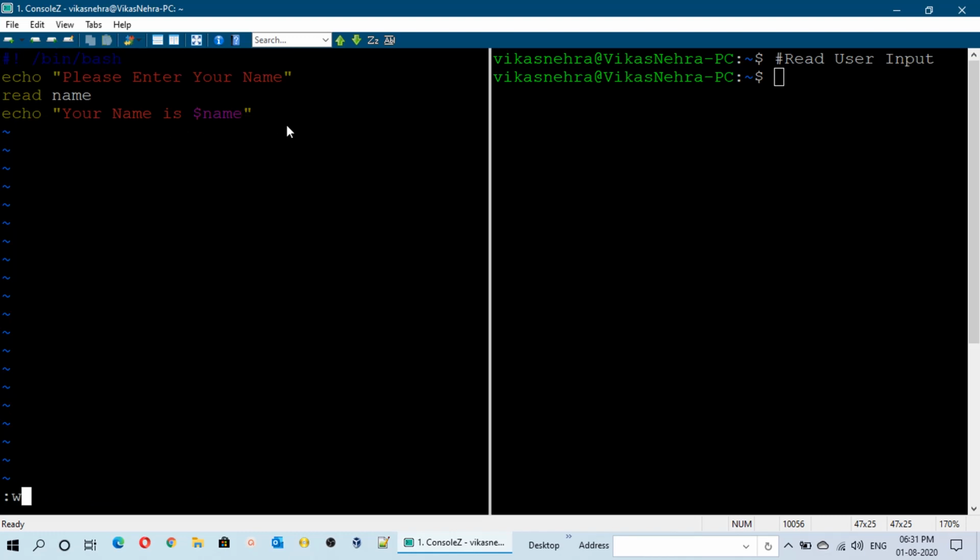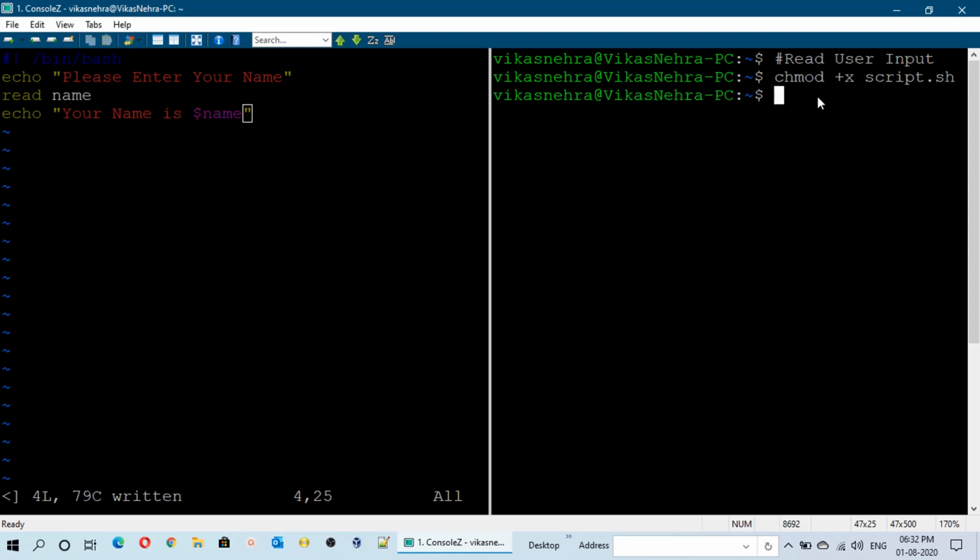I'm not going to quit this, I'm just going to save the file, and now I will show you the execution of this script on the right terminal. First let me set the execute permission here, and now I will execute this script. So it will ask for your name.